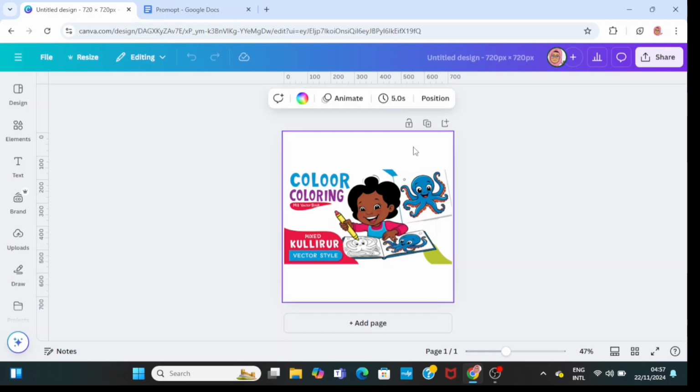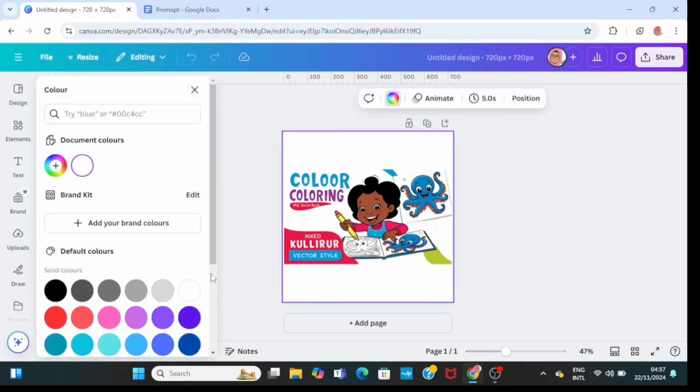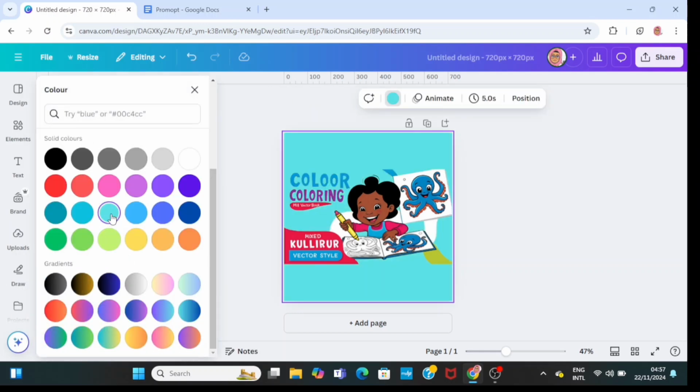So now I can actually click on the background of the image and change the color, which is another clever way of editing the image. You can see, just keep changing the background color until you get the desired color. You can also change the background to gradient. If you don't like this single colors, you can go ahead and click on any of these gradients like this,